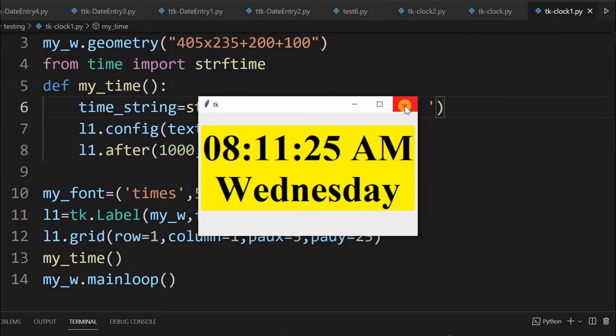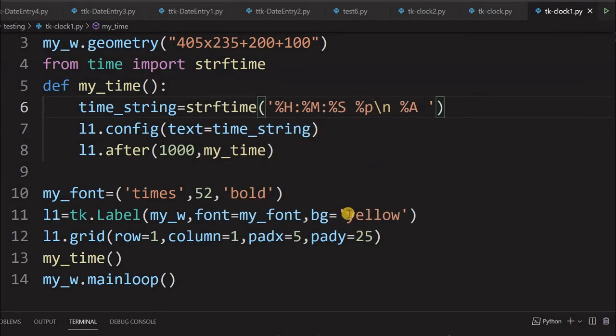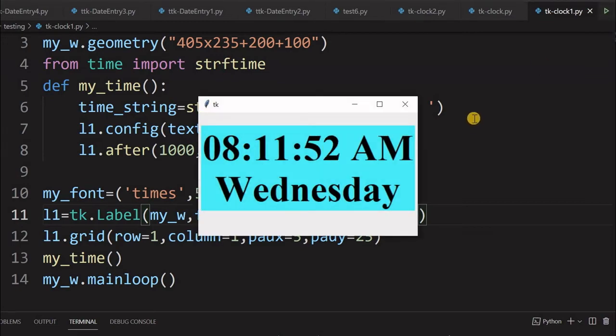For that, I will try a different color also. You can try any color you want. Let me just change the color a bit. I am giving a hex code now, 53FCF7, whatever you want you can write. Let's see how it looks. Okay, color has changed. You can change to whatever color of your liking.